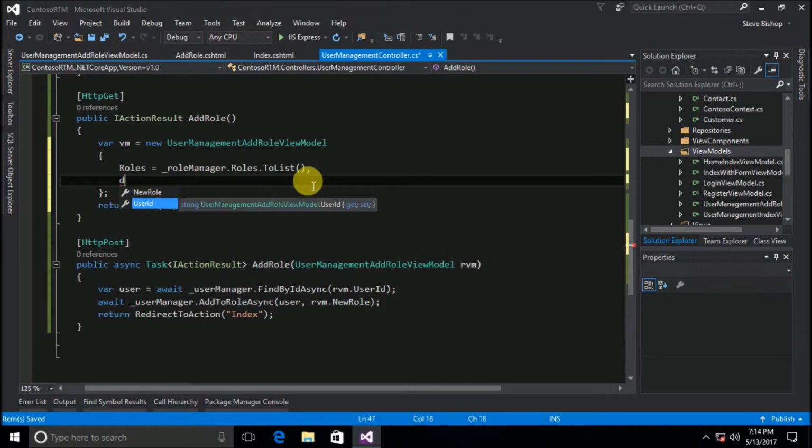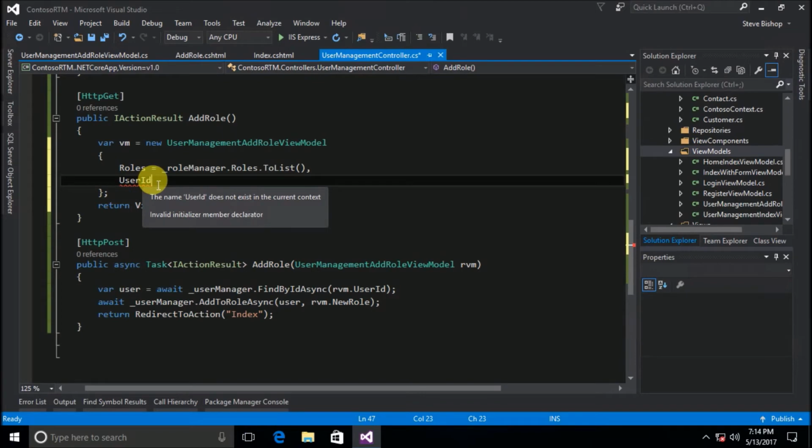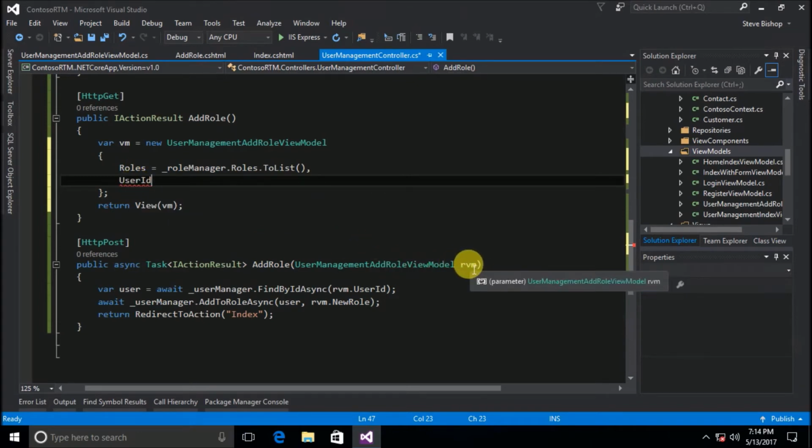But we do need to tell them what the user ID is, okay? Because that's really something that's hidden in the background. The user of this AddRole page is not going to know the user ID. So we're going to need to pass that along to our view and then reuse that user ID and make sure that it gets passed along here when we call the AddRole action where we're doing the model binding to